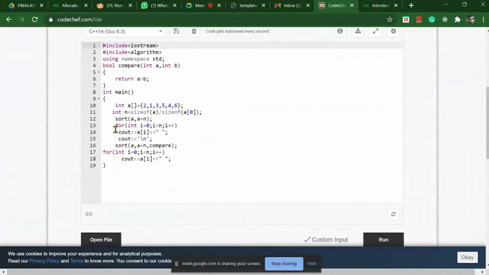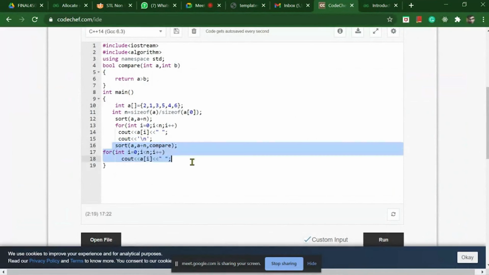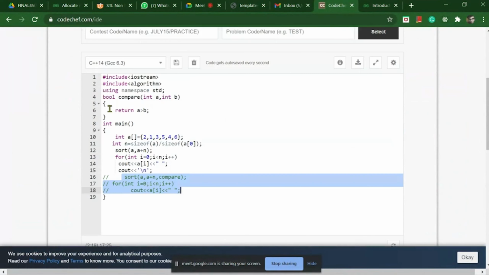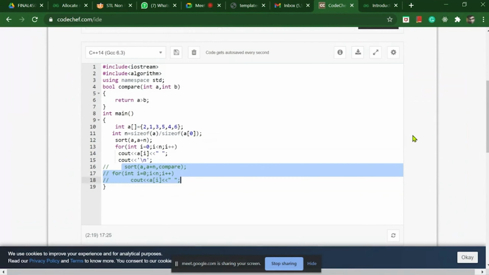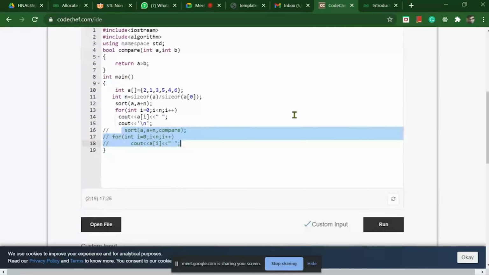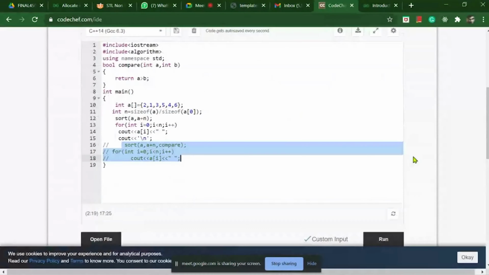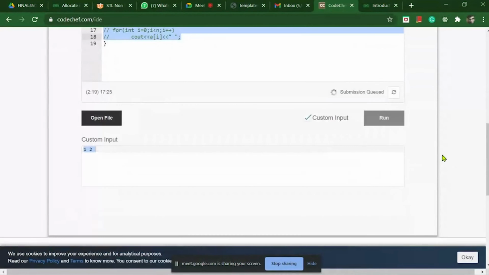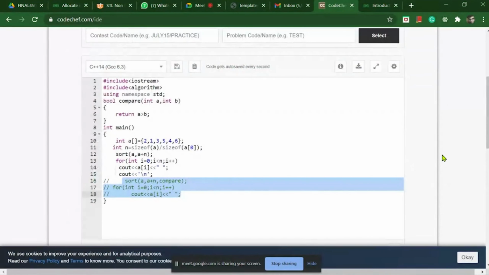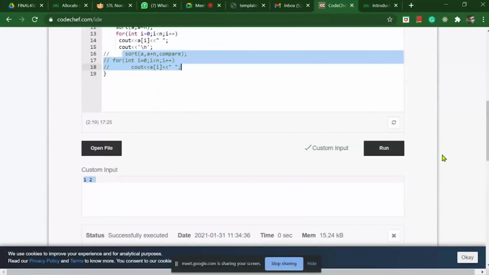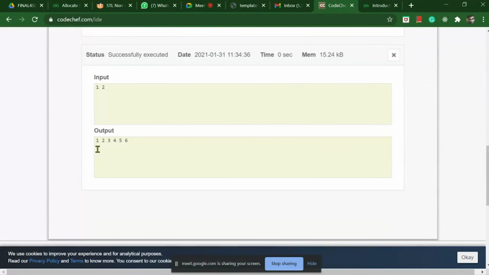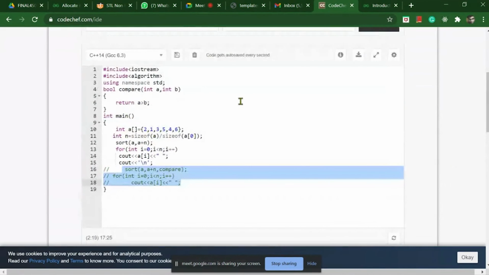For example, you can see this code. Here I'm passing an array which contains the values 2, 1, 3, 5, 4, and 7 in the sort function defined in C++ STL. So when I run this code, you can see sorted data has been printed out, which is 1 to 6. Now you can even pass your own function to sort the data according to what you want, by using a compare function.